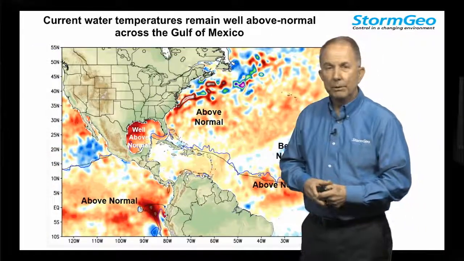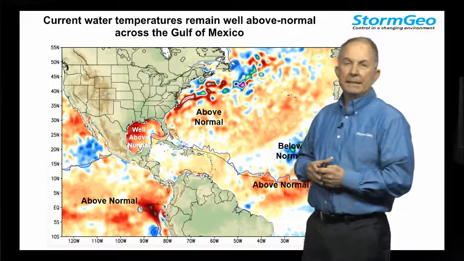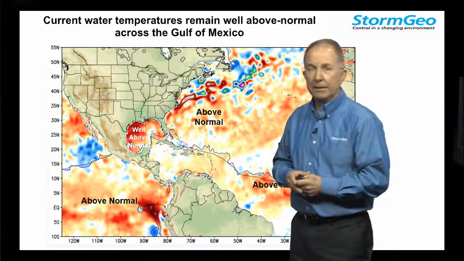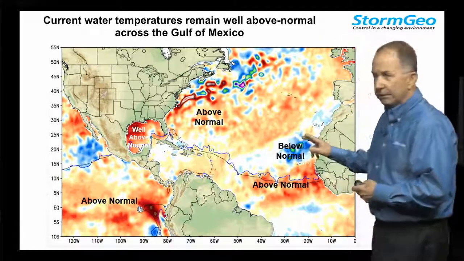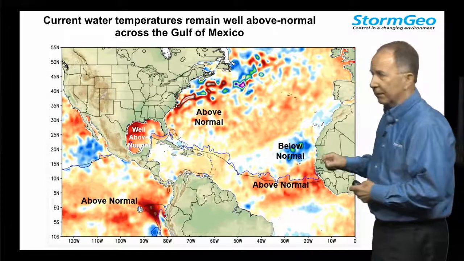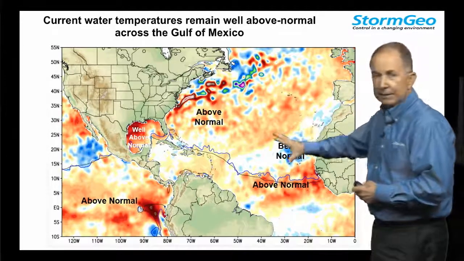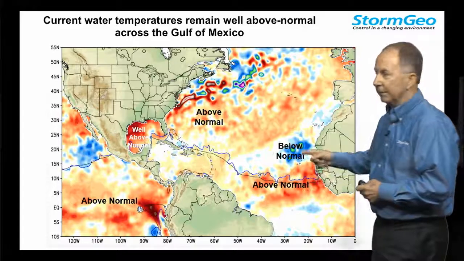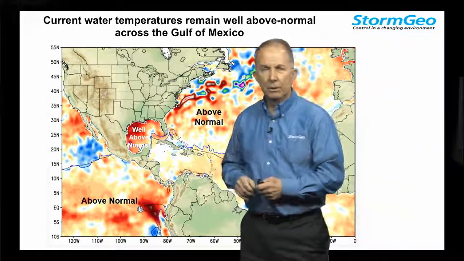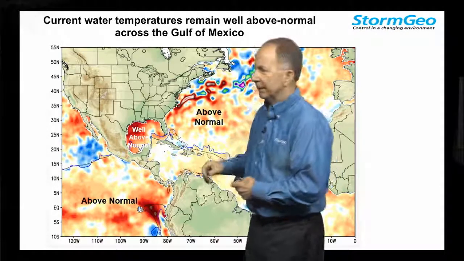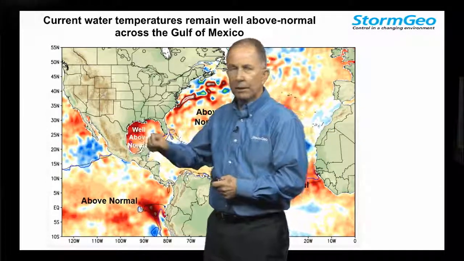Water temperatures are important because water temperatures can determine the potential intensity of a hurricane, not so much whether or not they're going to form. We still have below normal water temperatures out here across the eastern Atlantic off the coast of Africa. High pressure is relatively strong, causing some upwelling of cooler water here near Africa. Relatively normal water conditions and water temperatures across the Caribbean, but significantly above normal water temperatures across the western and